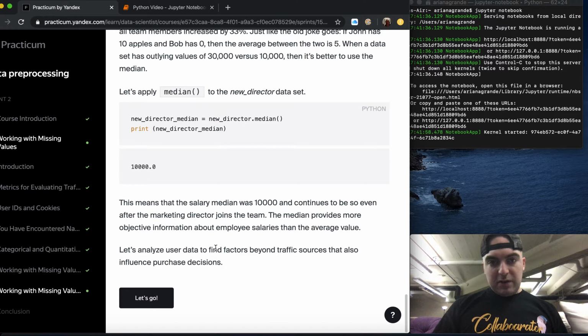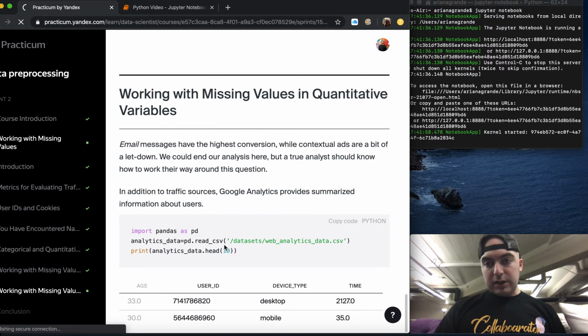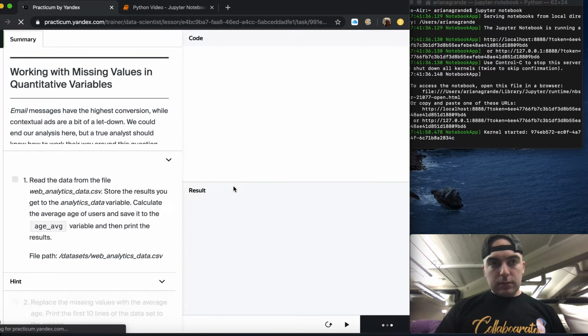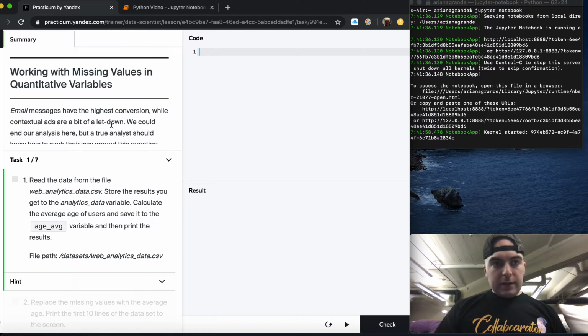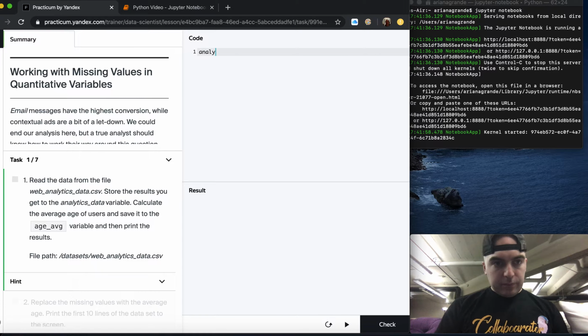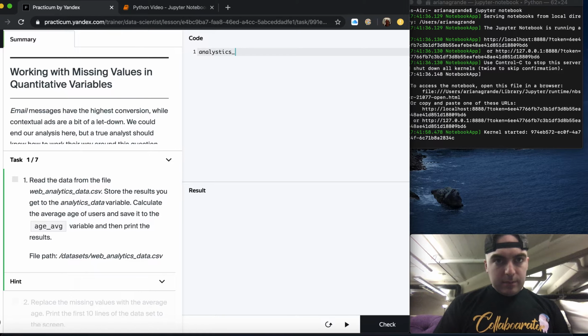Let's analyze user data to find the factors beyond traffic sources that also influence purchase decisions. So let's go. Okay, and this should be the same description that we already read. So we will read from the data file web-analytics.csv and store the values to get analytics data. Oh, I misspelled it: analytics_data